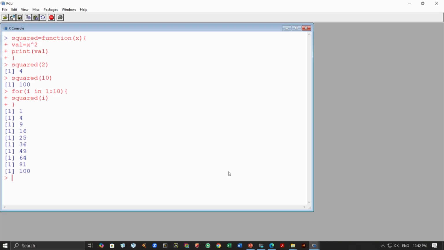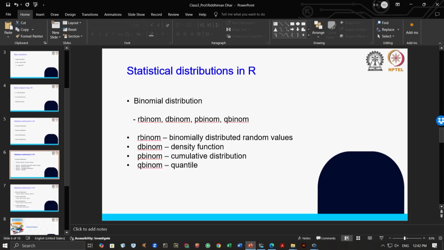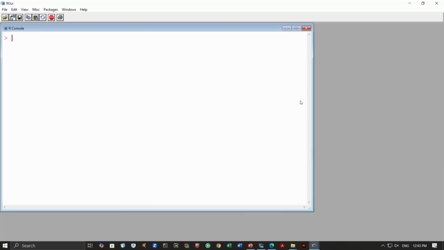The other part that I wanted to talk about is the statistical functions. Okay, so there are 4 functions that I mentioned very briefly. So going back to the presentation, you have this R, D, P and Q. These are the 4 functions that will be useful for us. So let's say we want to generate normally distributed values, a normal distribution. Okay, so we can say